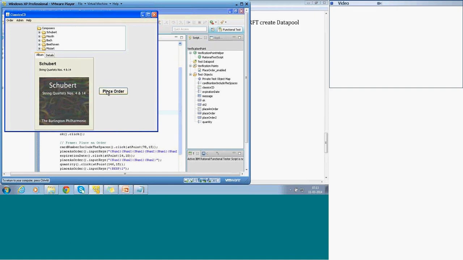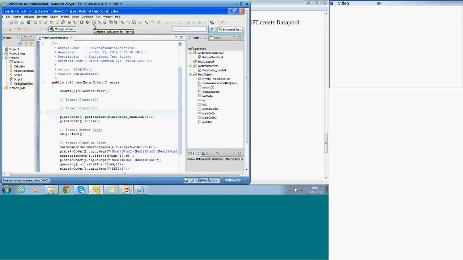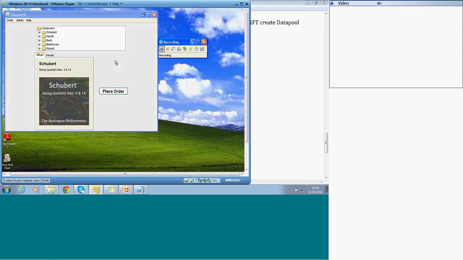For example, say the place order button is moved to the top. As per the design, it has to be in this location. How do I fail such things? It is very difficult to fail such things, because place order is an object that is available. Where the location is, I am not bothered; least bothered is the functional testing. So, to do such activities, we can use images effectively for finding such problems.